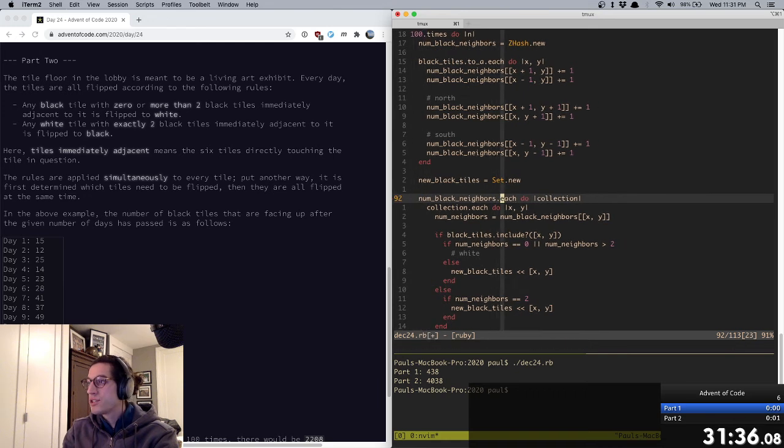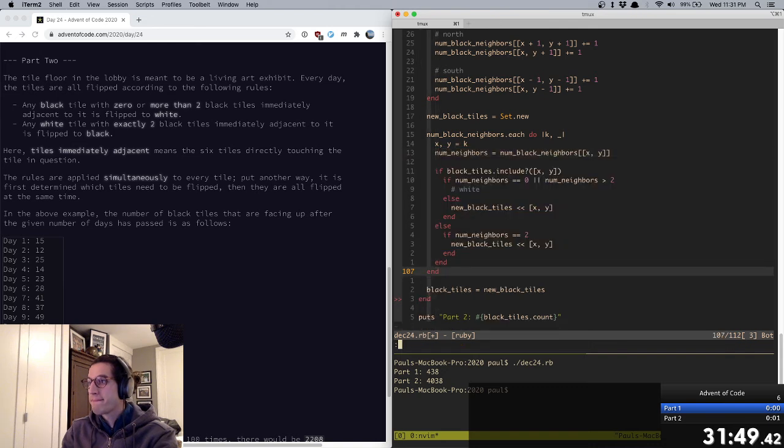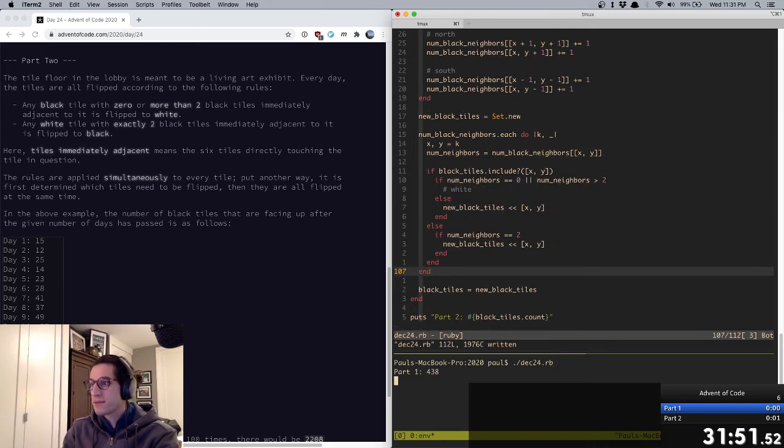Dot each do k, xy equals k. Oops. I think that works. 438,